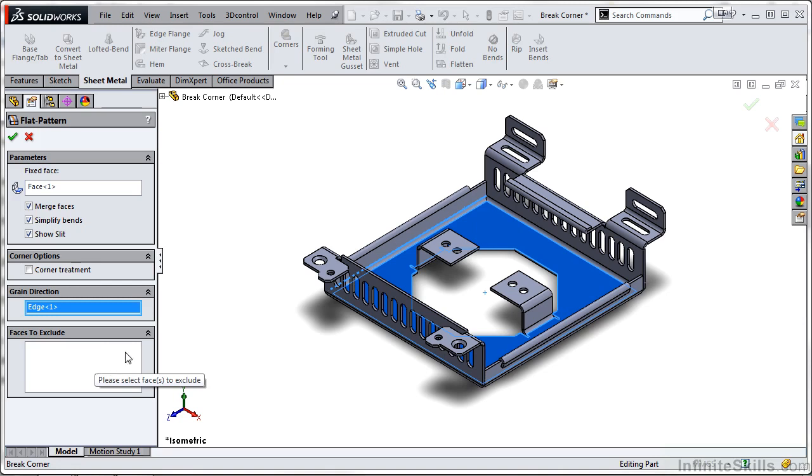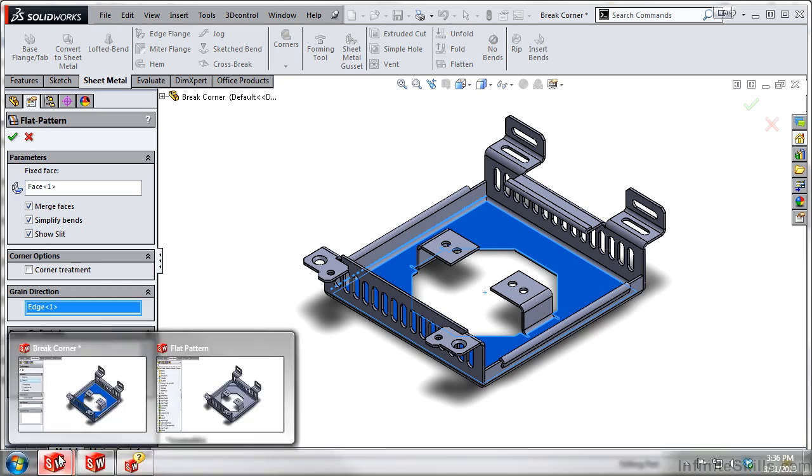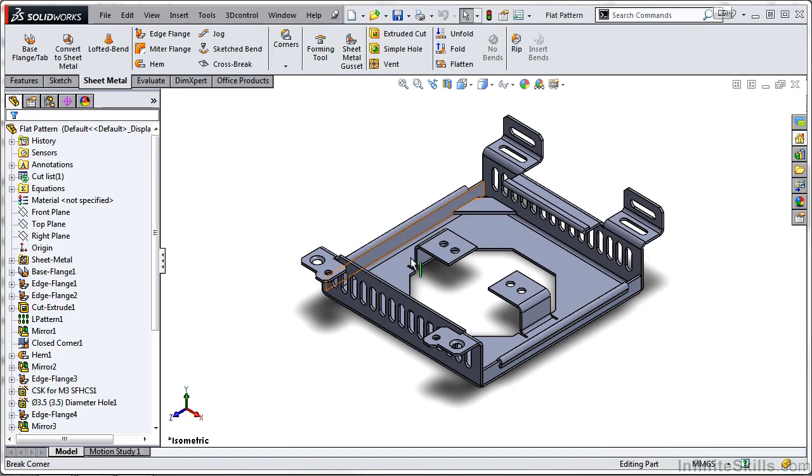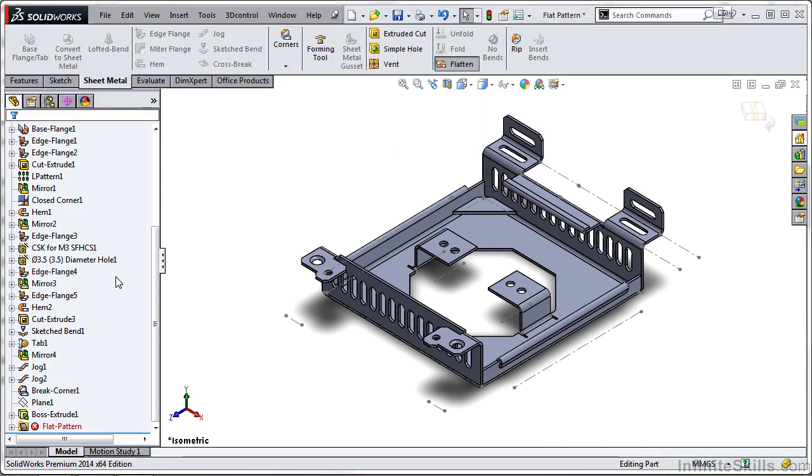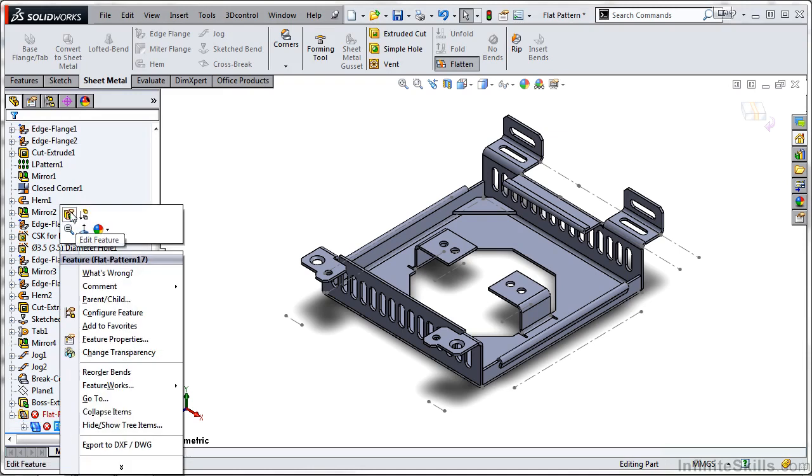I am going to open up another model, which is called flat pattern. And notice in this model, I put a stiffener in the back corner. Now when I go to flatten this multi-body part, I will receive an error message stating the part cannot be unbent. So how do we remedy this problem? Well, we simply go back into flat pattern, edit the feature,